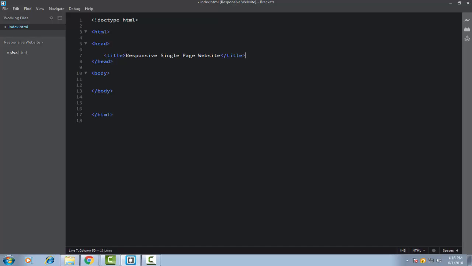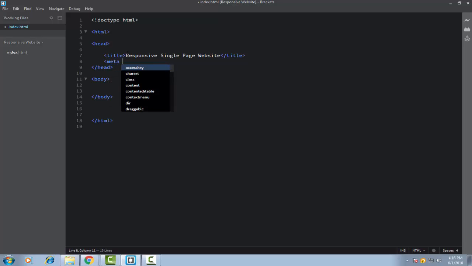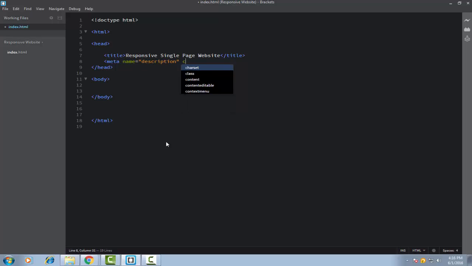Then you can also type out the meta tag. In the meta tag you can give it a proper name by using the name attribute. It will contain the description, and afterward you can place the content here.